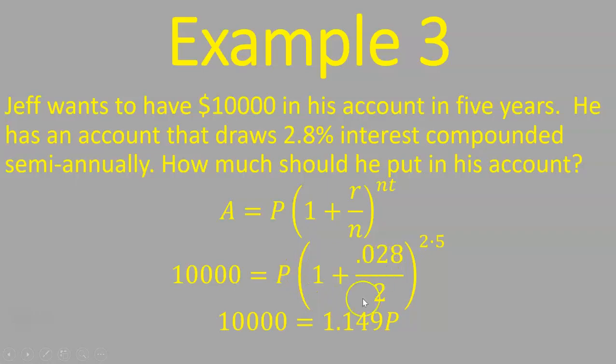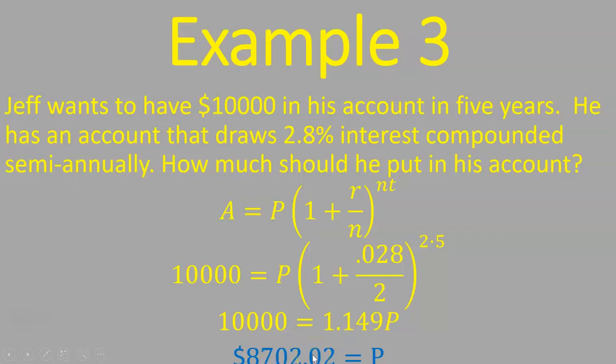Okay, so when you work this out, what I would recommend here, I wrote 1.149 just for demonstration purposes, but when you're working with large numbers, a rounding error can make a significant difference. So I would leave this number on my calculator screen if I'm doing this. I don't actually divide 10,000 by 1.149. I divide 10,000 by all of that decimal. I'm just putting part of it on there just to demonstrate. But I would divide here, and in so doing, you end up with